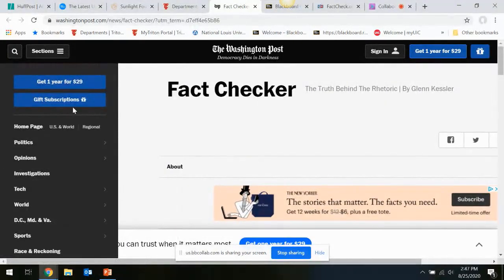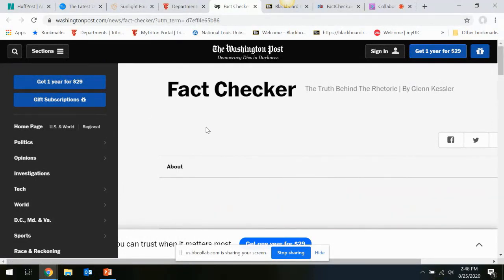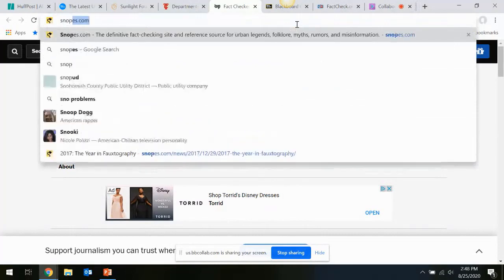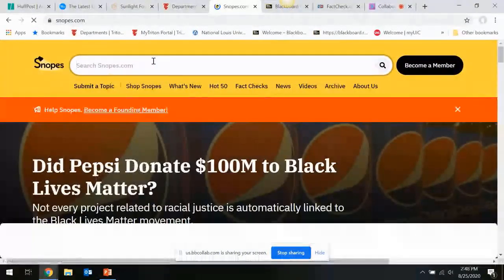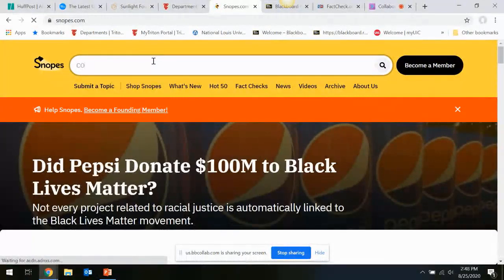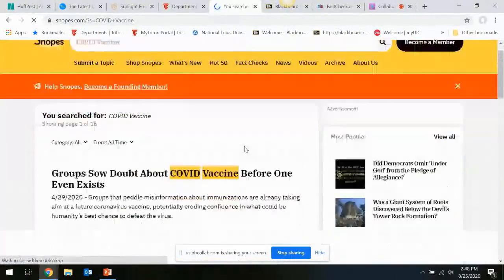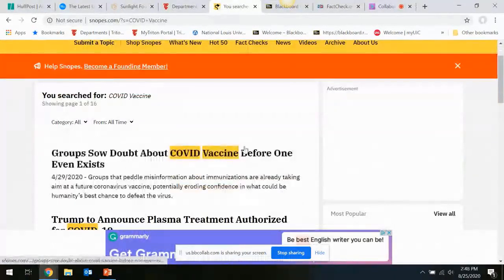Got it. Yeah, like Lauren said, it looks like these are sections or articles fact checking popular things in the news, but there is a search bar. I know Snopes, and this might not be as credible, has a search bar. This is really cool. My daughter would love this. She's a research geek like me.